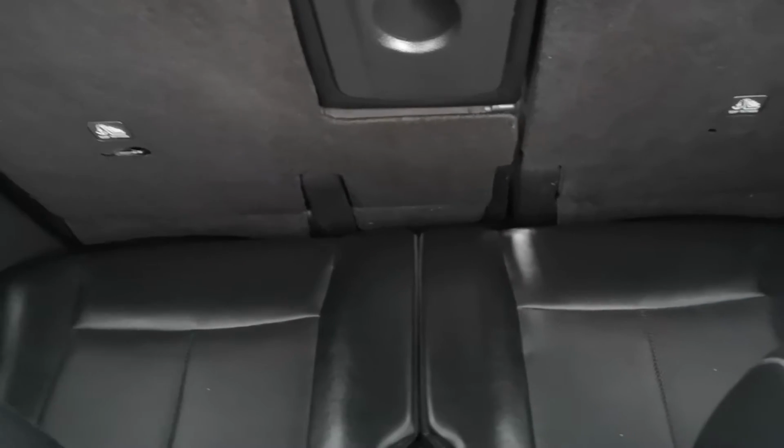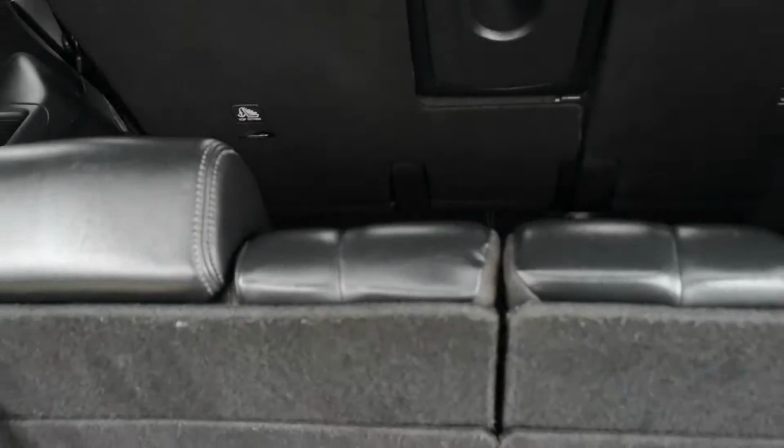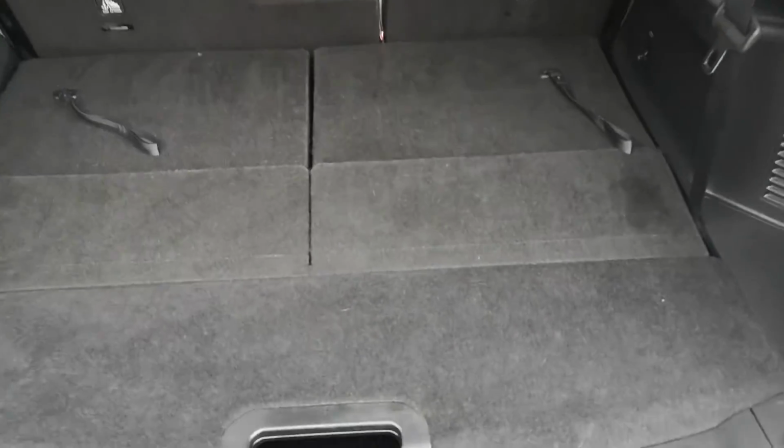Now what you do have here are obviously the 3rd row seating, which you can see there isn't an absolute massive leg room, but it is ideally used just for having smaller people in the back. The seats really easy to put down. All you have are these toggles here, pull them and then push your seats down, and then you get your